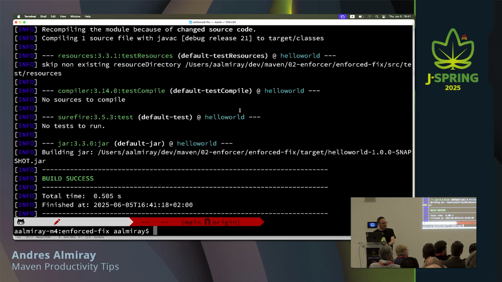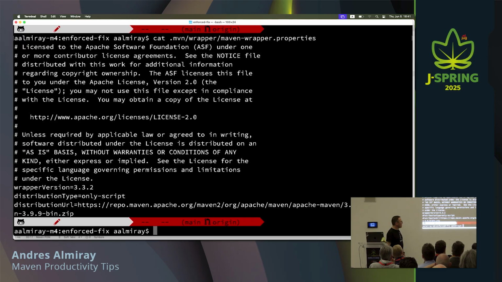Good. Show how to upgrade the Maven wrapper itself. Like there are two properties in the property file. Yes. One is the version of the Maven, and then the other one is the version of the Maven wrapper. This one. Yes. I actually do this by hand, but I'm not so sure if wrapper goal will do the upgrade for you as well. By default, we're calling the latest version of the plugin.